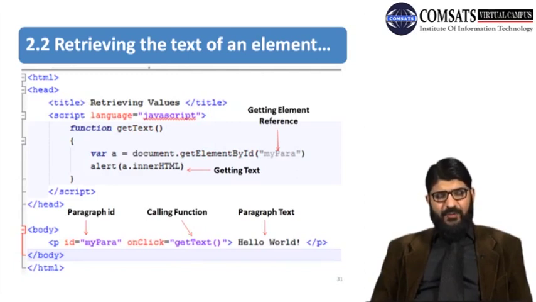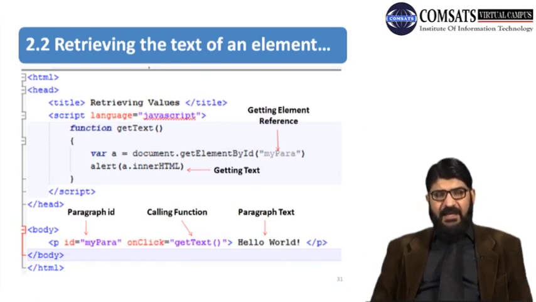What will be the code for it? It is again written as an internal JavaScript. After the head tag, the title tag is mentioned, and then the JavaScript function is called, language is mentioned as JavaScript, then the function getText is mentioned, and then a variable is mentioned as a, where document.getElementById is taking the reference of a paragraph,